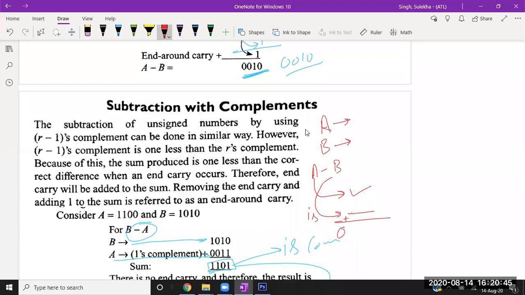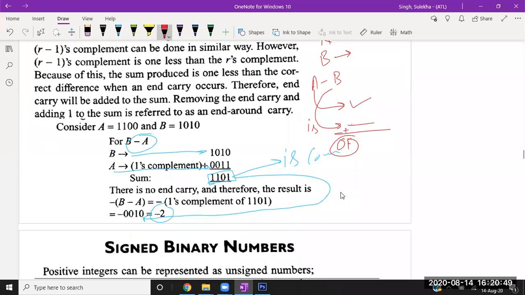If overflow is there, you need to add the overflow to the remaining number, and whatever you get after adding the overflow is your answer,